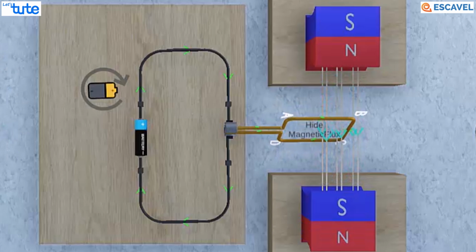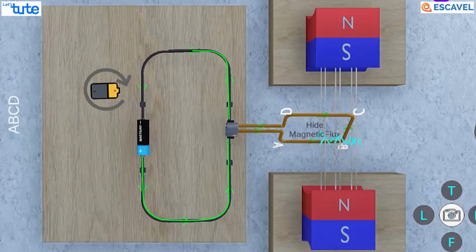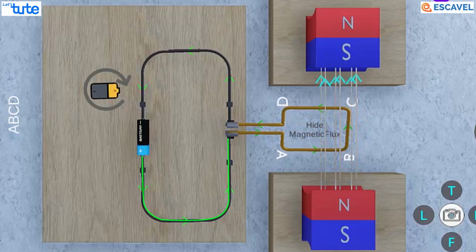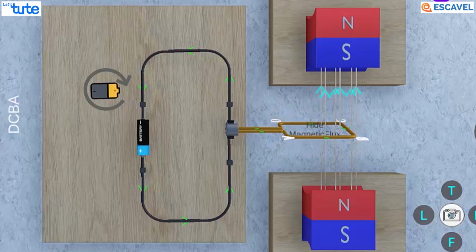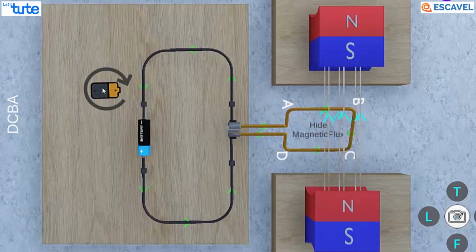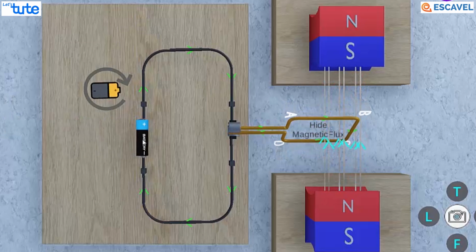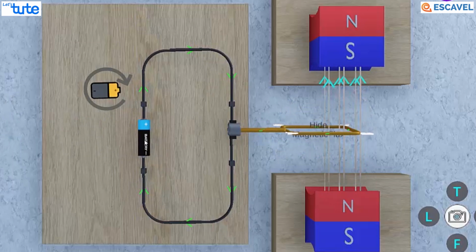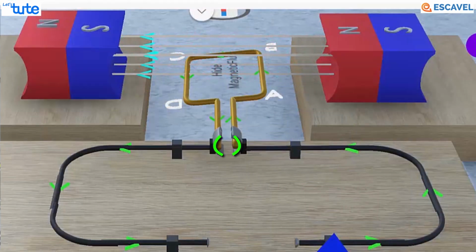So the next option is by reversing the direction of current, which will look like this. Now the force is acting in downward direction. So if we reverse the direction of current throughout the coil, then the coil will rotate in anti-clockwise direction. But you must be wondering how we will reverse the direction of the current. So friends, here if you observe carefully, there is a split ring commutator.